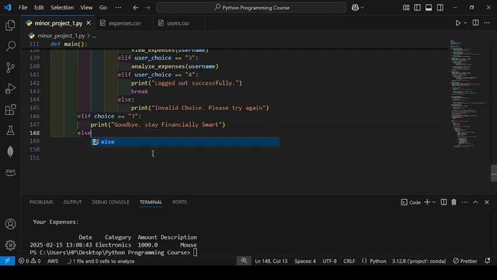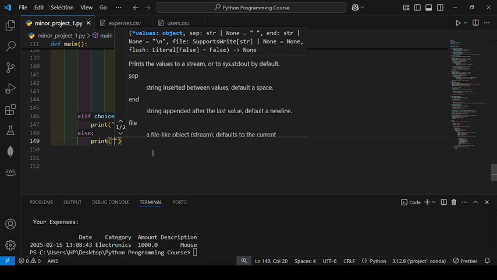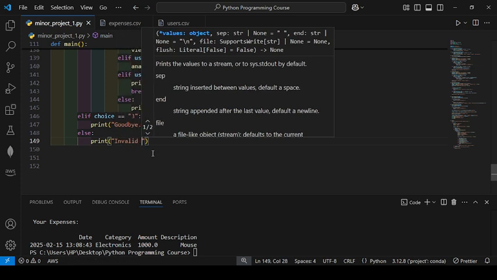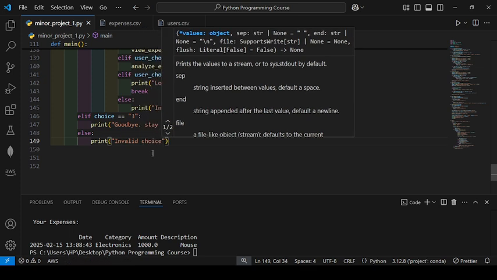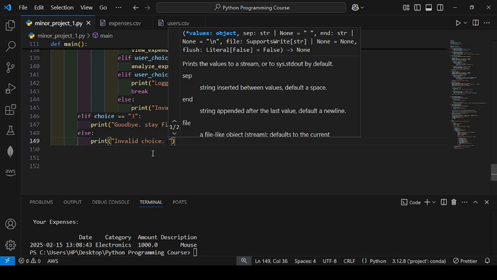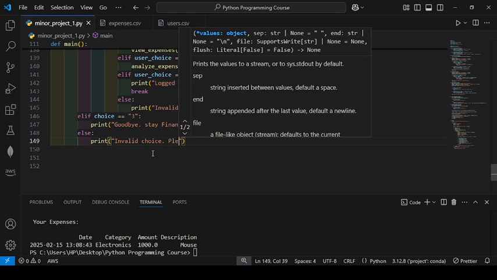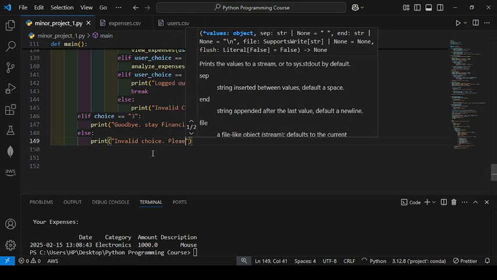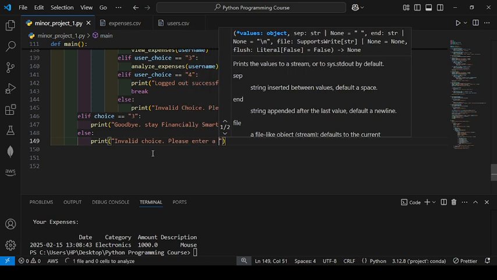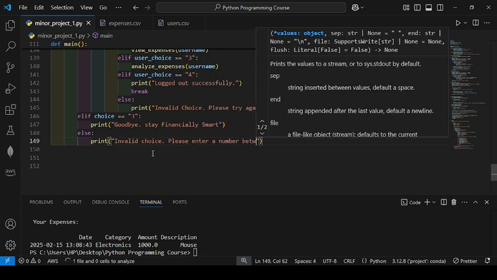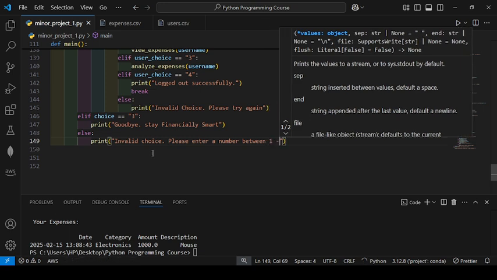and after that, if the user enters something other than 1, 2, 3, we need to handle this also. Then I will write print invalid choice, please enter a number between 1 to 3. Okay,